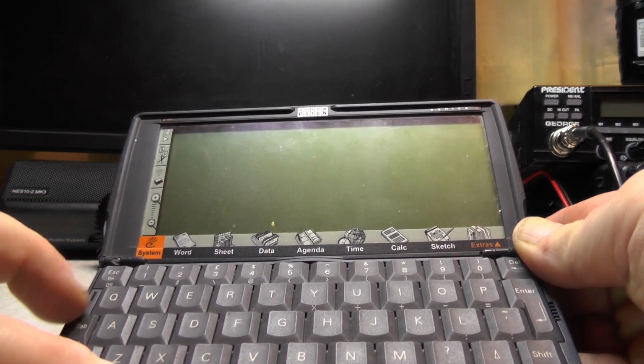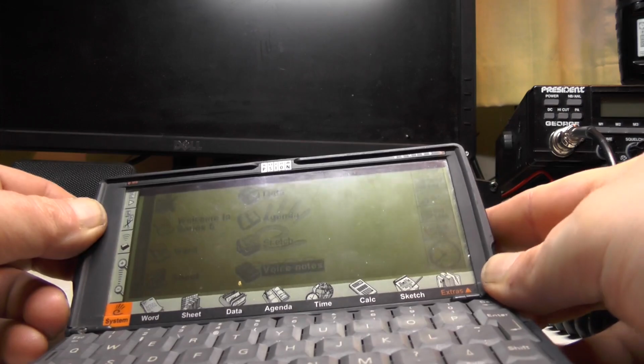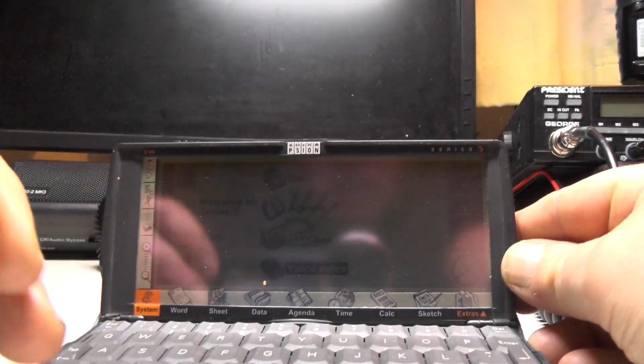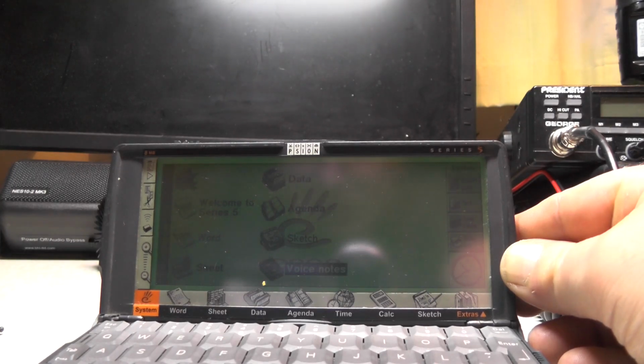Let's turn this thing on. We're going to use FN and on. You can see there it's going to be very hard. It's saying replace backup battery to view the screen. Let's do an FN and spacebar. The backlight is on, believe it or not. So if I turn this main light out,